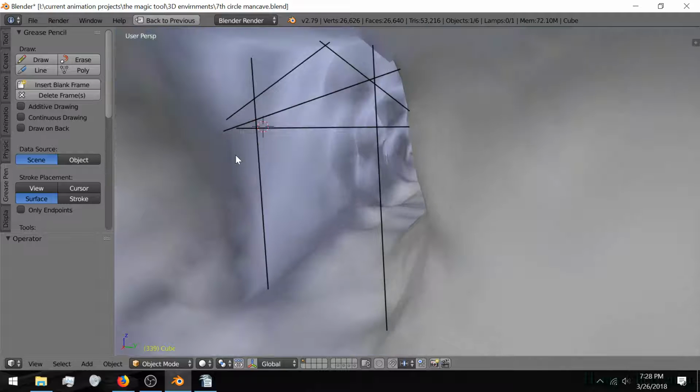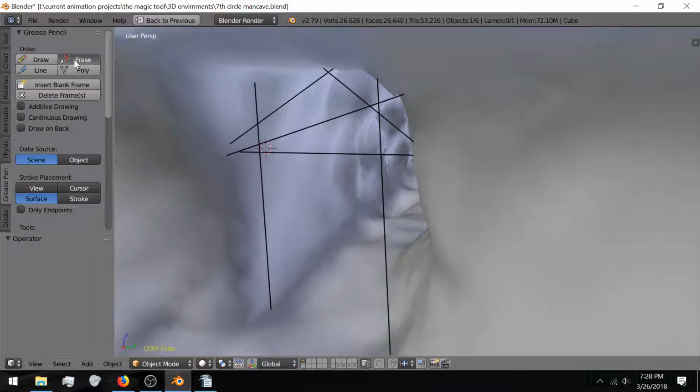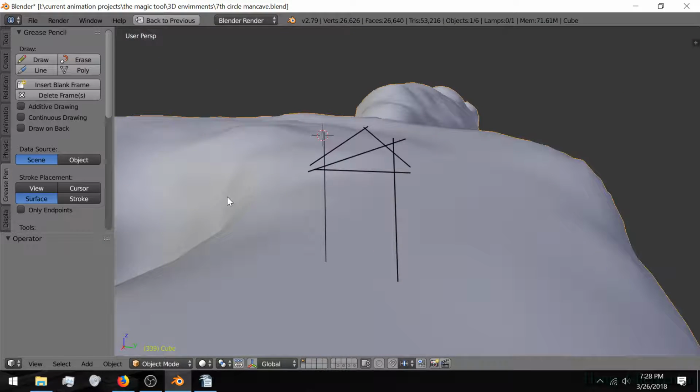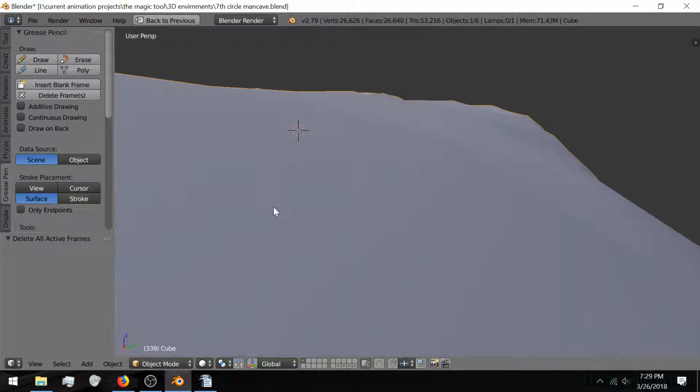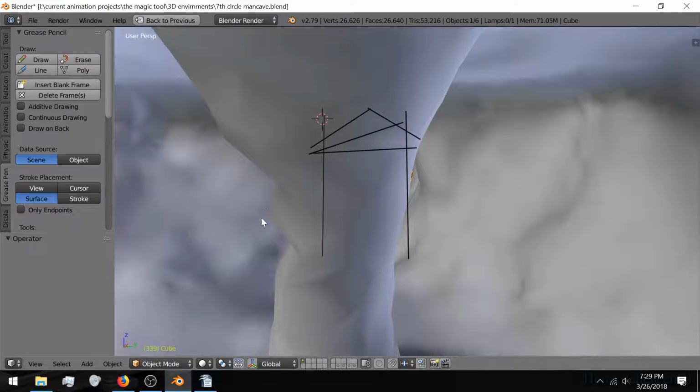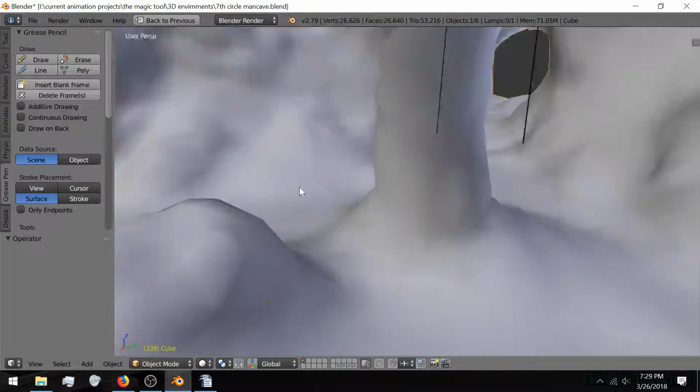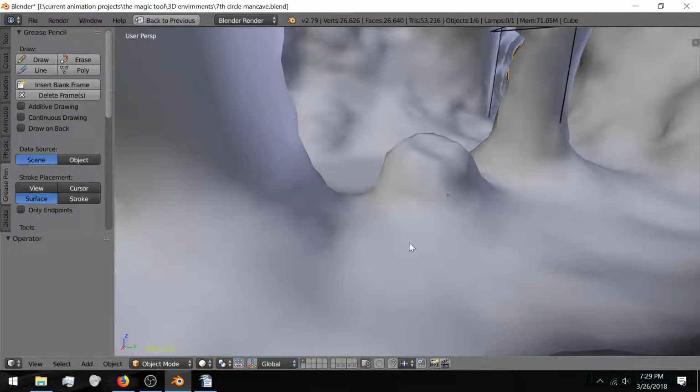And I think that erases like the whole line or something like that. I don't know. So that's gonna be that, and it's gonna run down there. There's gonna be